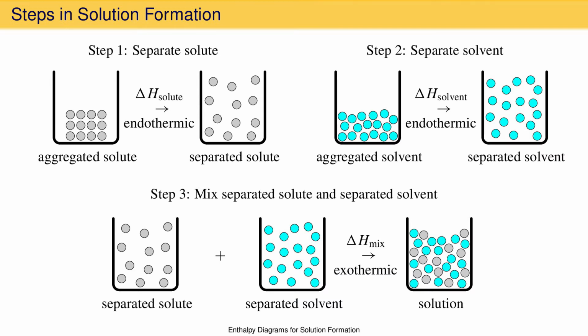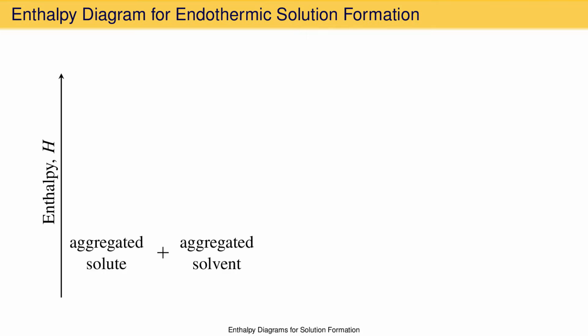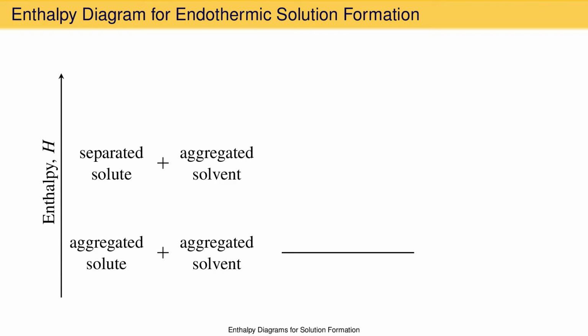To better understand these steps and how they are helpful, we can examine the enthalpy changes on an enthalpy diagram. In an enthalpy diagram, enthalpy increases along the vertical axis and horizontal lines are drawn to represent the enthalpy of states of the system. Solution formation begins with aggregated solute and aggregated solvent, which together have some enthalpy. Step 1 is to separate the solute particles so that we have separated solute particles and aggregated solvent. This has some enthalpy that is higher than where we started, and the enthalpy change during this process is called